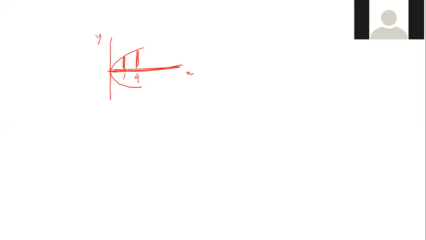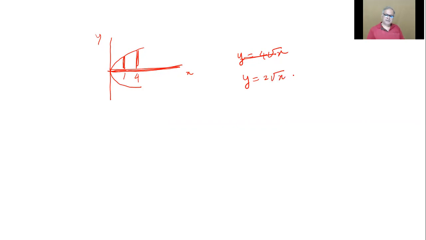Sir, so we can write it as y is equal to 4 root x, which is easier. Right. Yeah. 4 root x. Okay. Sir, and then we integrate the function 4 root x dx. Is that correct? Y square is 4x, so y is, sorry, y is 2 root x. Right. So somewhere our element will be here, isn't it?